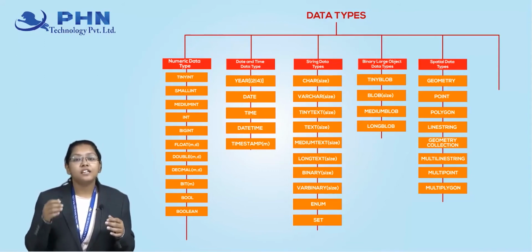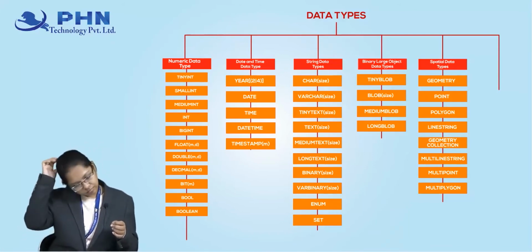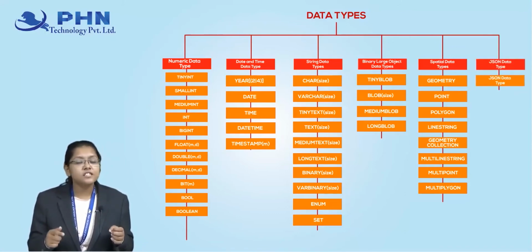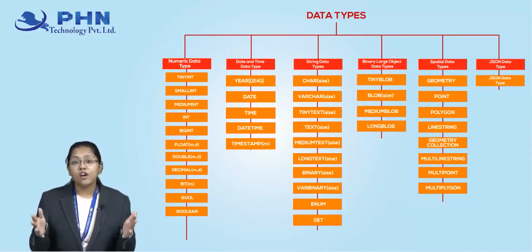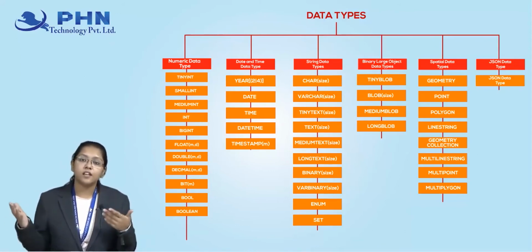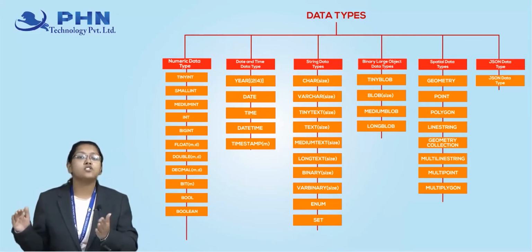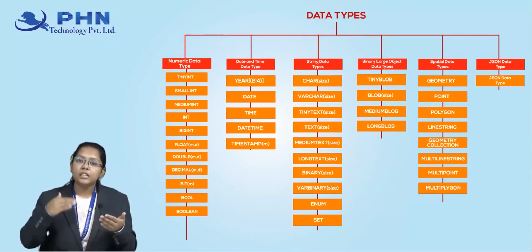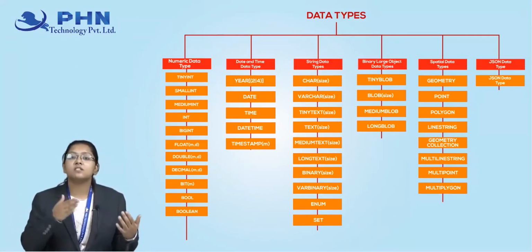Then you have to use these types of data types, that is, your binary data types. And lastly, we have your JSON data types. JSON is nothing but, in every system we have a JSON document. If you have ever worked with HTML and CSS, there is a JSON file. In Android also, everywhere there is a JSON document you need to store, right? So whenever you want to import these kinds of JSON documents, JSON files, then you need to use the JSON data types only.